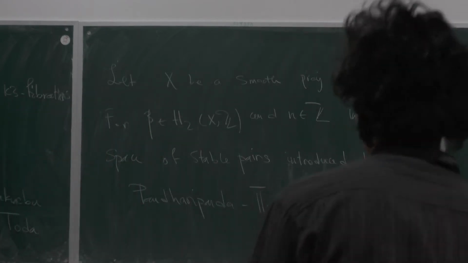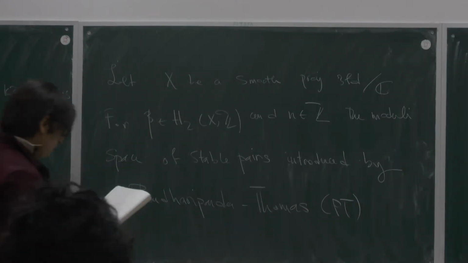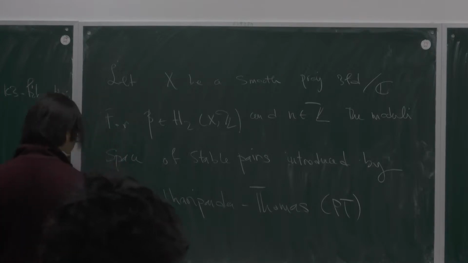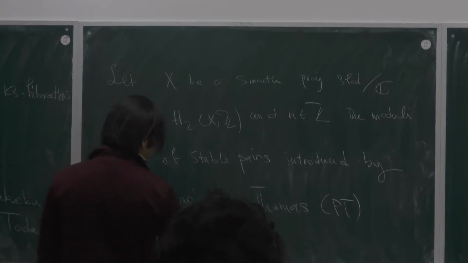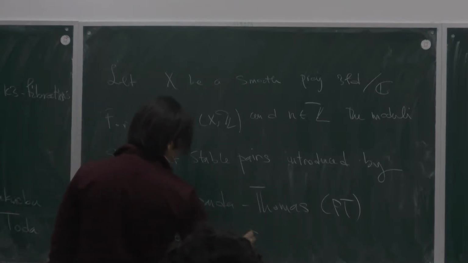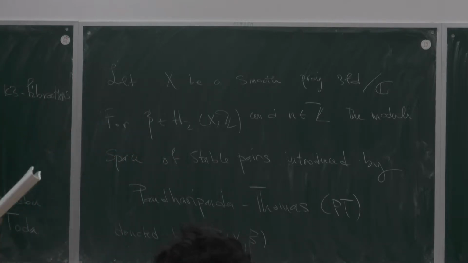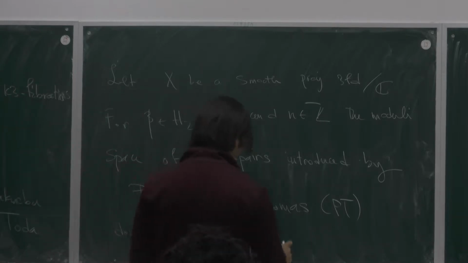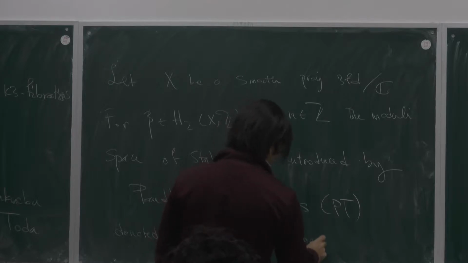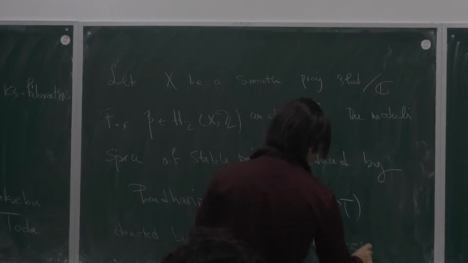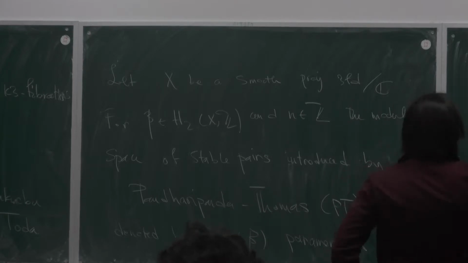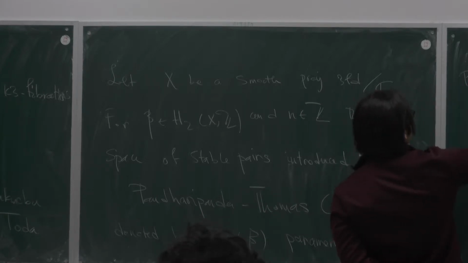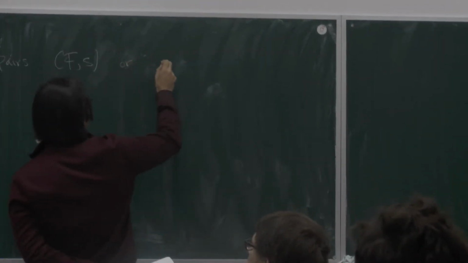These things depend on these numerical data, denoted by P_n(X, beta). It parameterizes pairs